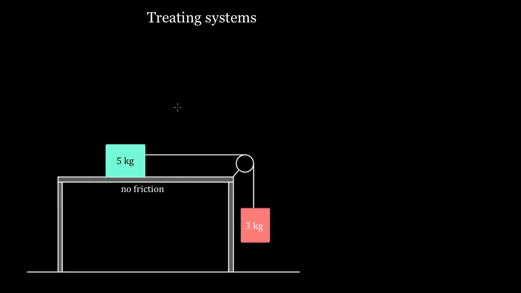All right, this problem is a classic. You're going to see this in basically every single physics textbook. And the problem is this: if you've got two masses tied together by a rope and that rope passes over a pulley, what's the acceleration of the masses? In other words, what's the acceleration of the 3 kilogram mass, and then what's the acceleration of the 5 kilogram